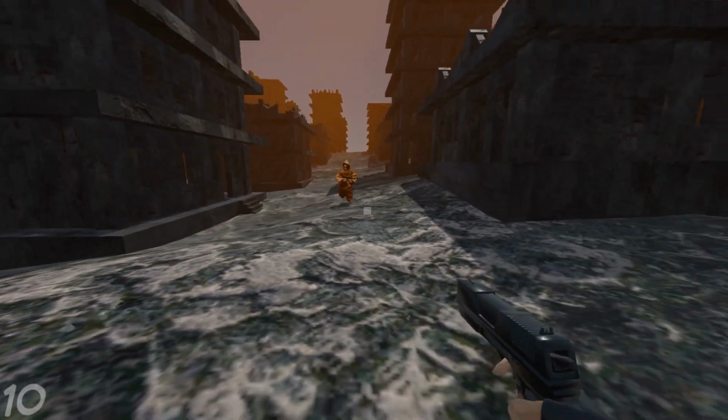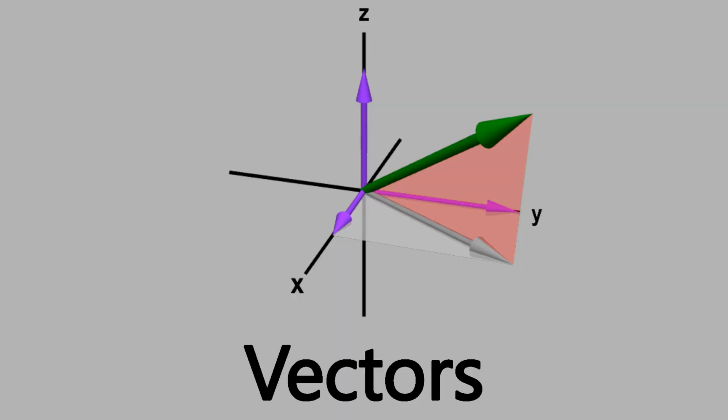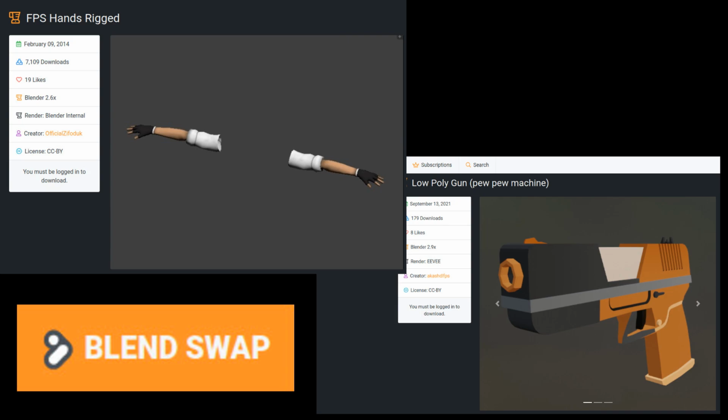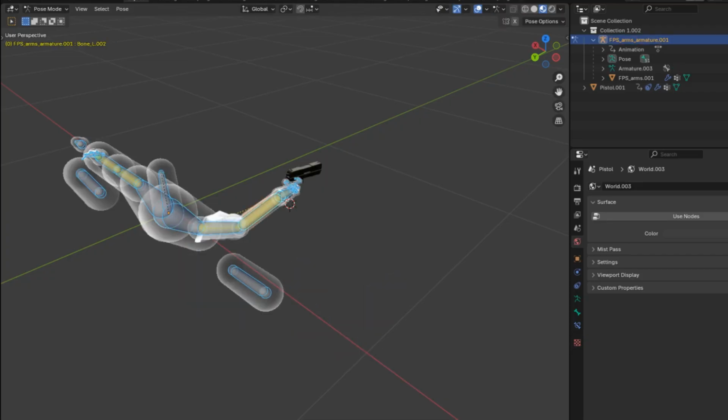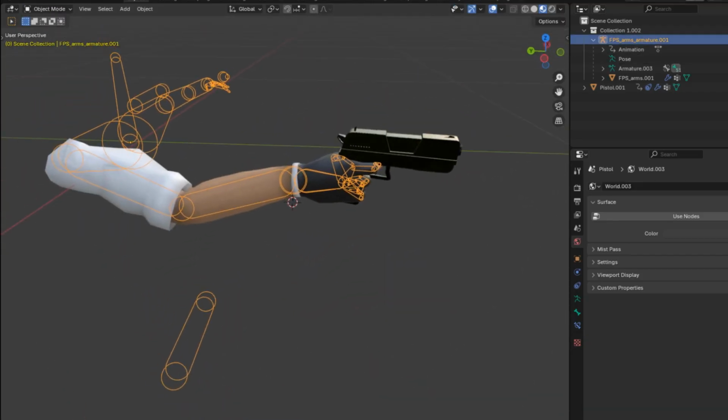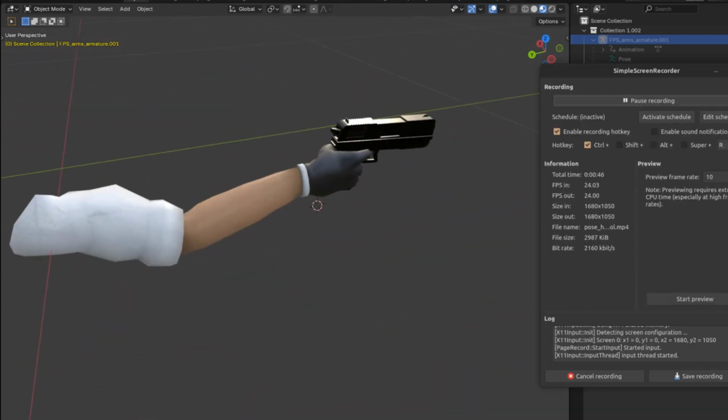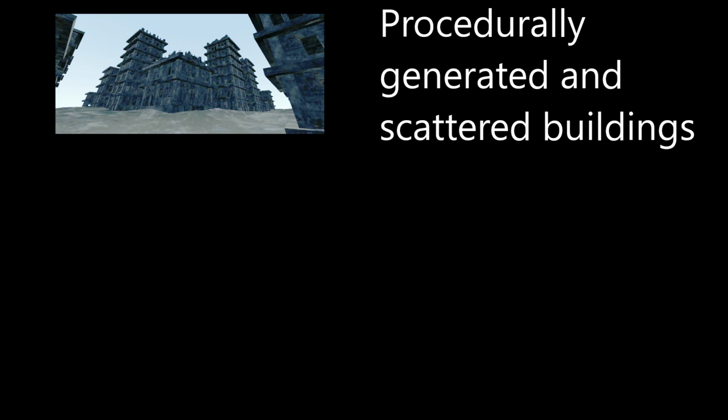Something else I'm proud of is the projectiles that the enemy fires at the player and which the player can fire at enemies. I learned an awful lot about vectors, although I have to admit that ChatGPT helped a lot, particularly with some of the more complex mathematics involved in dealing with vectors. The player character now has an arm and a gun, both of which were taken from BlendSwap. All I needed to do was resize them a bit and position them relative to one another before importing them into Godot.